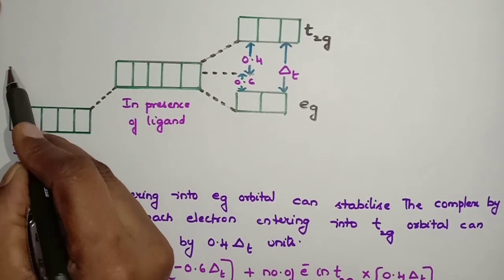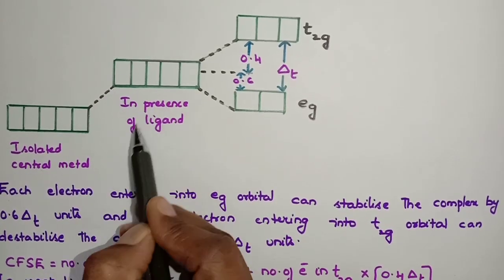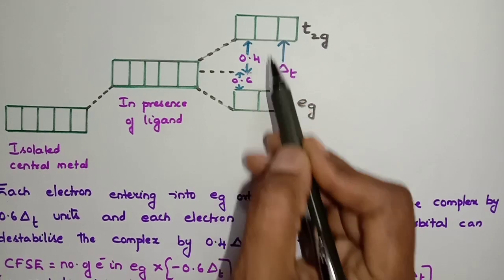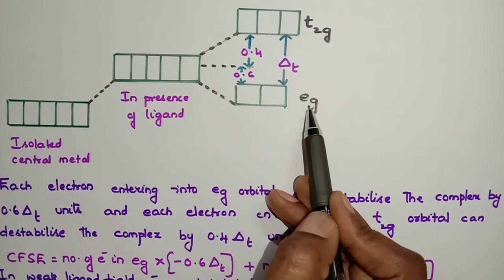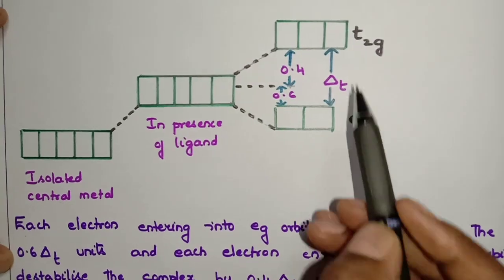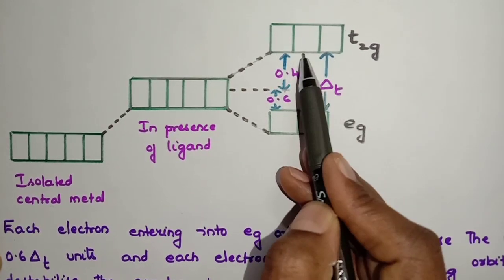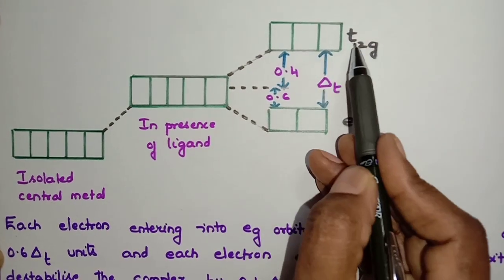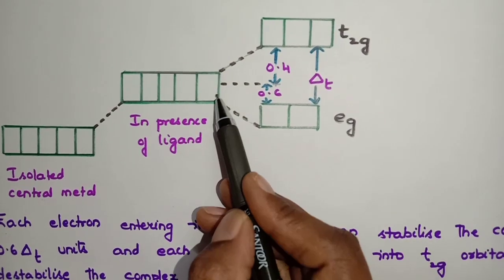Okay, so in a little higher energy level, we can observe the d orbitals of central metal in presence of ligand. So what happens here? In this state, it splits into t2g and eg orbitals. So now here there are t2g, here there are eg orbitals. Why? Because eg orbitals have lesser energy than t2g orbitals. Previously in octahedral complexes we have seen here eg orbitals, here t2g orbitals. Okay, do you remember that?